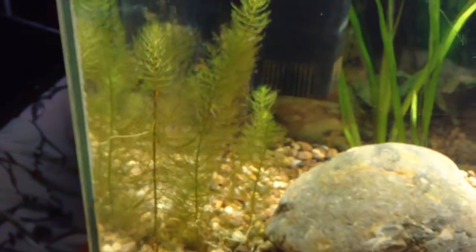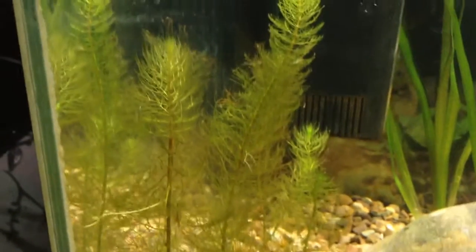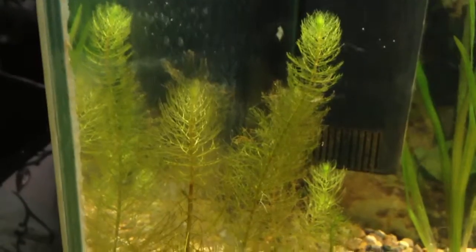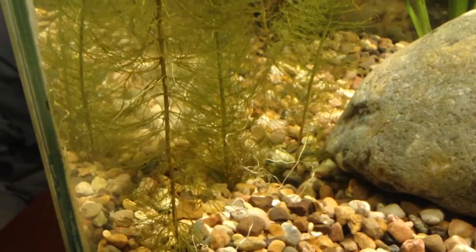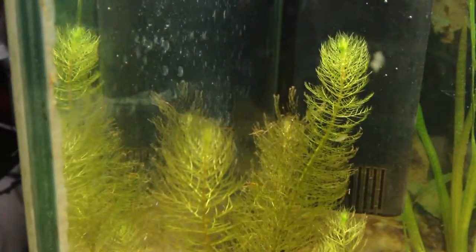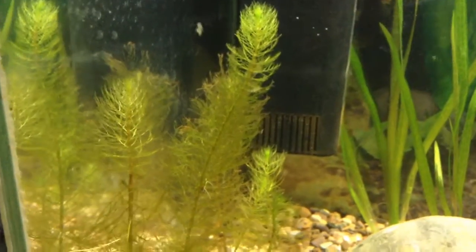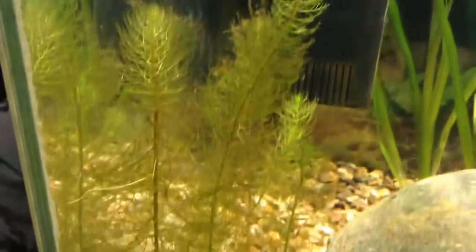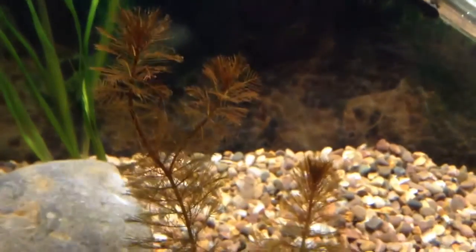And the plants I've got in here so far: I got some kabomba. This is the green kabomba, and it seems to be growing well. It arrived as a bunch of stems, and it started to produce roots, and it started to shoot. So that's the green kabomba. This plant is supposed to be good at combating algae, as it's fast growing, so we will see how that goes. Over here we have some red kabomba,